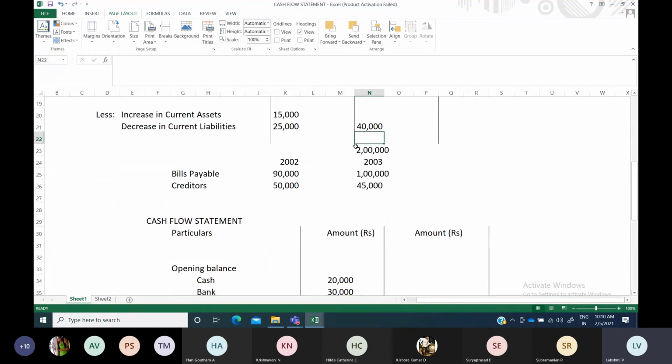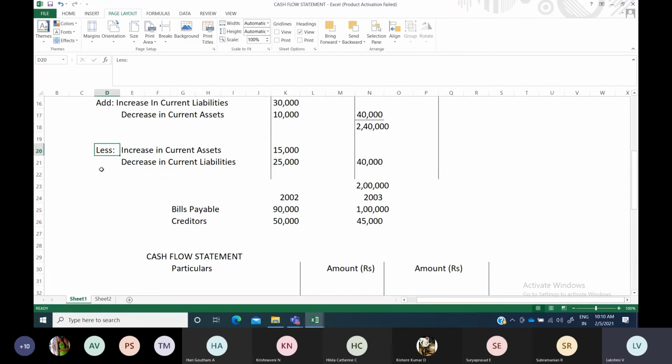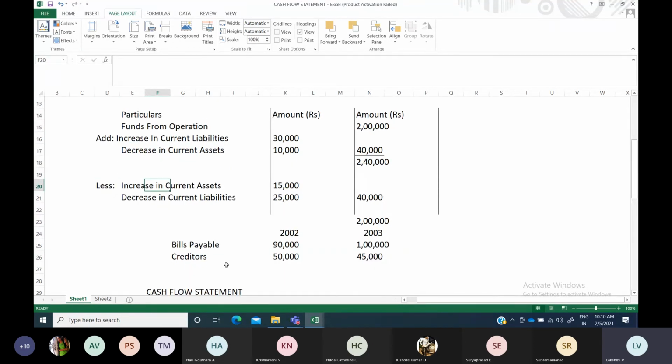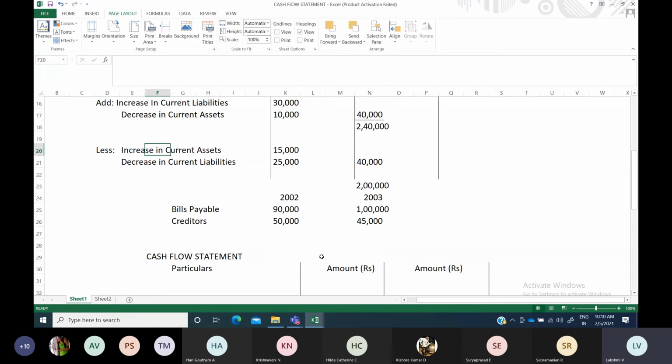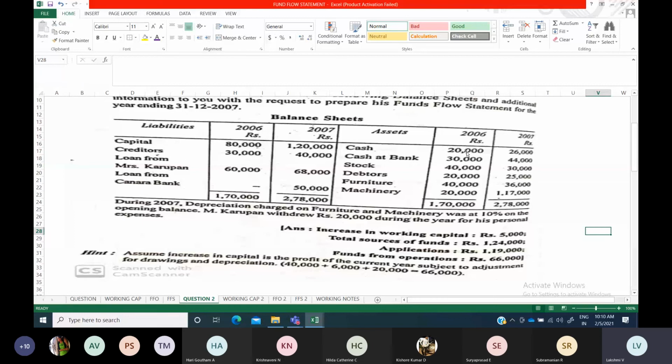Okay, so sometimes they will give us the balance sheet shuffled. 2007 information will be first, 2006 information will be at the end. So while comparing, for the purchase or the sale, you cannot come to a conclusion unless you know which year they are giving and what the amount is under that year, and what the current year amount is. You have to compare and then do. Maximum they will give the first year first, and the next year will be your current year. But at times you might get even a shuffled one. Year 2007 will be here and 2006 will be here. Okay, so while taking, you might get confused.